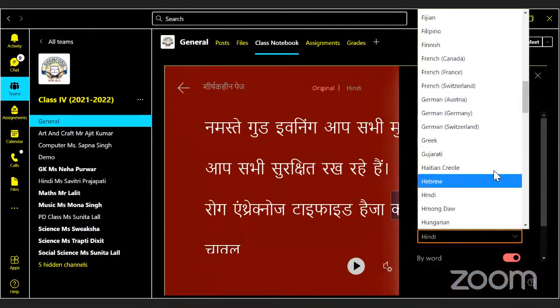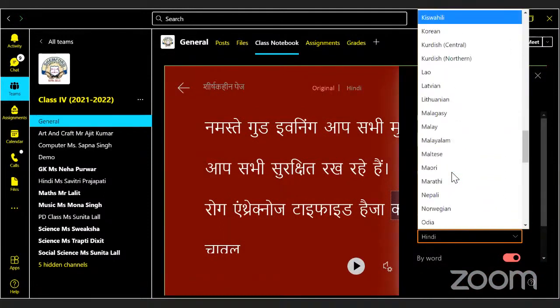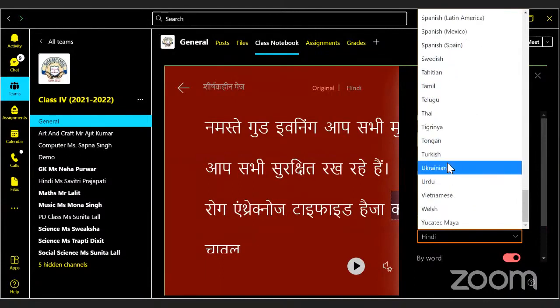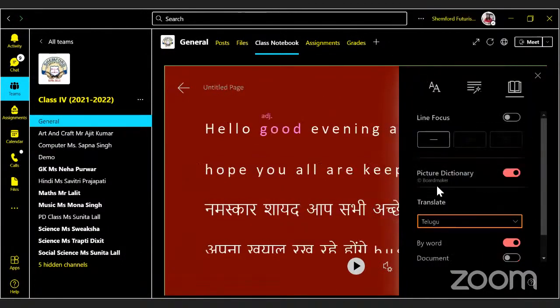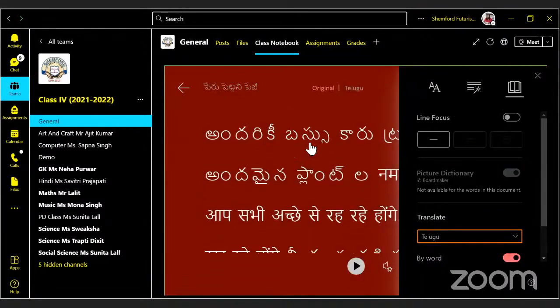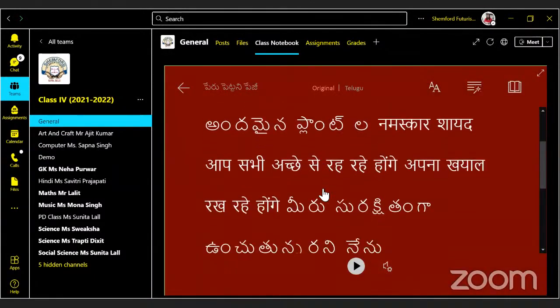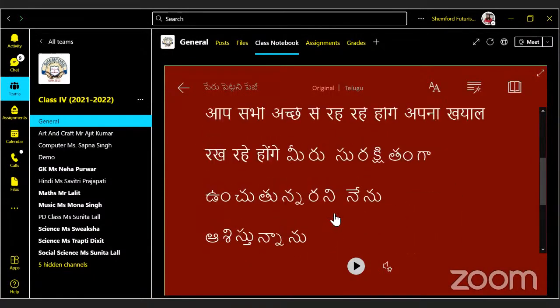Let us try any other language. I have not tried. Is there anybody who understands some other language? Madam, Telugu. Madam, please translate in Telugu. Let me check. Where is Telugu? Yes, madam, it is there, near Telugu. Okay, so the entire document. I won't be able to read what is being written. Make it dictate, madam, so that it can read.